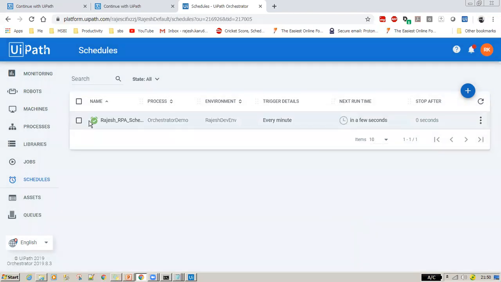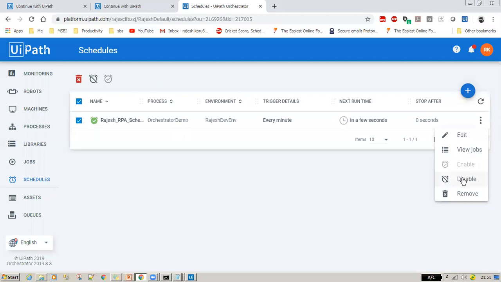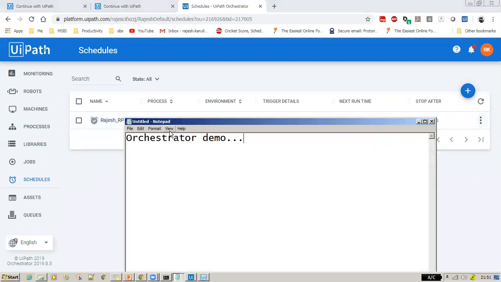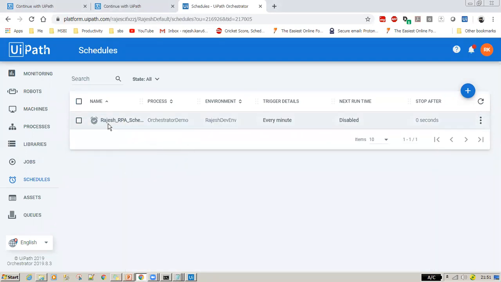Say now your business came and said that for XYZ reason, there is an issue with your input or it can be anything, the bot that is running on the schedule has to stop. Here, see on the option, say disable. Now what happens? It will be grayed out since it has been triggered. Now this bot will never run because it is in disabled mode, so it will never run in production. In order to disable or enable this, there are a couple of approvals you need to take from your manager and your business, saying what is the reason for putting the bot in disabled or enabled mode. It can be XY reasons.